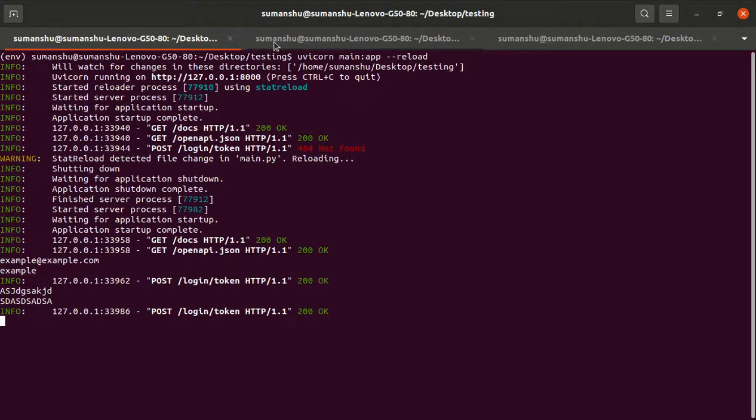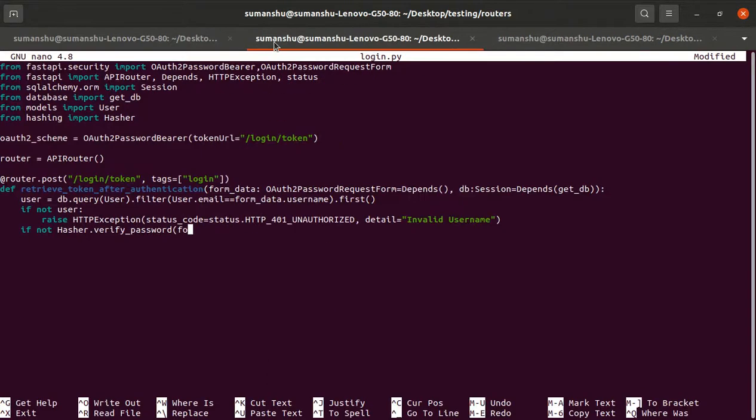So what is the plain password? Plain password is form_data.password. And what is the password in the database? We get the user, so what password exists in the database we can easily get from user.password. And what password the user has entered, we are accepting here, and we are matching both passwords.